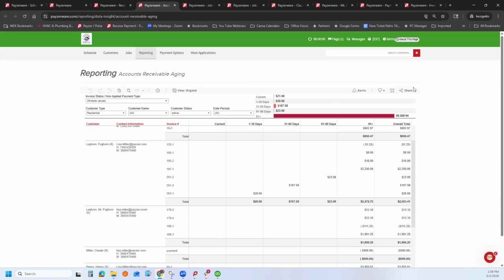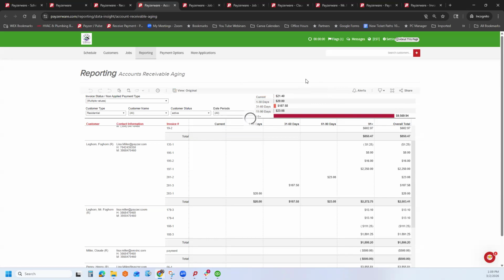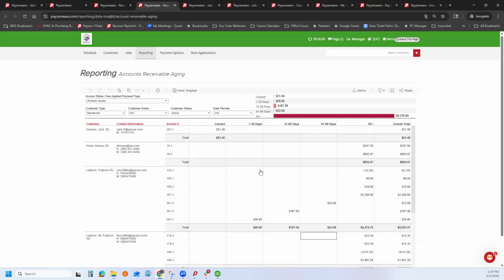So you can come in and take a look at this report. Evidently, I'm not reconnecting, and see all of your overdue invoices. Now, when you have this report, you can also compare it to what's in QuickBooks. So in QuickBooks,